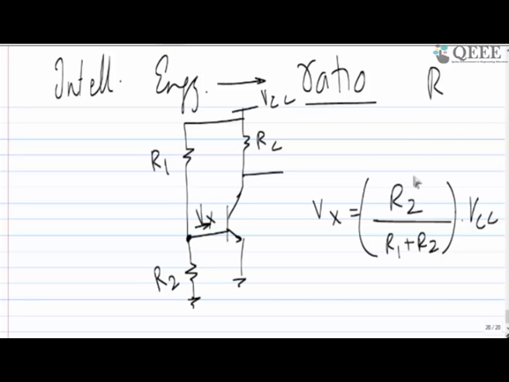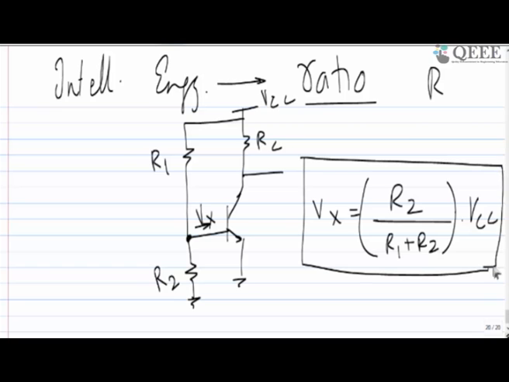You have to check whether your R1 and R2 have to be very high or very low, depending on the input impedance looking into this BJT. So that we are going to study, but now I'm saying that there is no current going inside and you have to choose R1 and R2 accordingly. How to choose that? Maybe by understanding the input impedance and output impedance, you will learn that. But right now, let's assume that you know what value you have to choose. Then R2 by R1 plus R2 times VCC will give you the voltage here, or you can say that is the VBE voltage, base to emitter voltage, right?